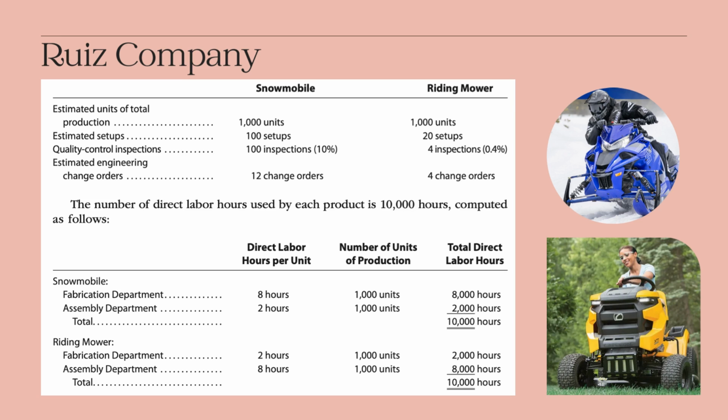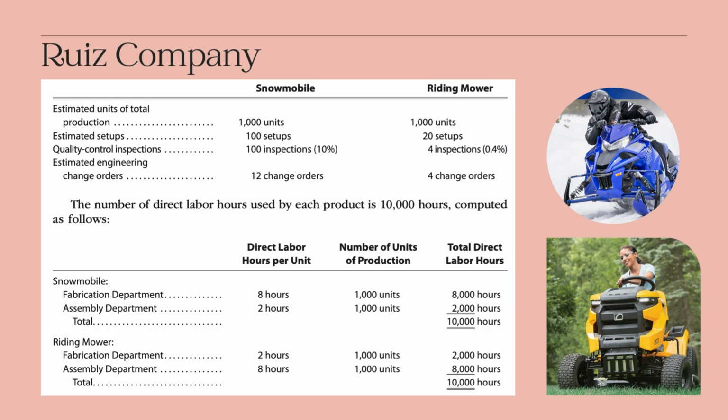Just follow the given data as to the different requirements per activity in producing two products, namely the snowmobile and riding mower. Listed are the estimated units of production for both products, the estimated units of total production, the estimated setups, the quality control inspections, and also the estimated engineering change orders for both snowmobile and riding mower. Also, note the direct labor hours per unit it would take each product type in every department, from the fabrication